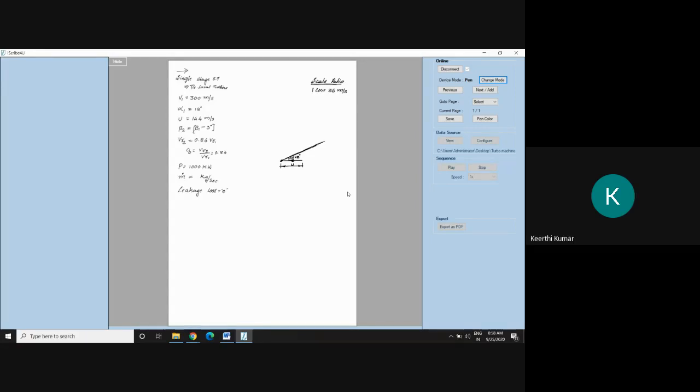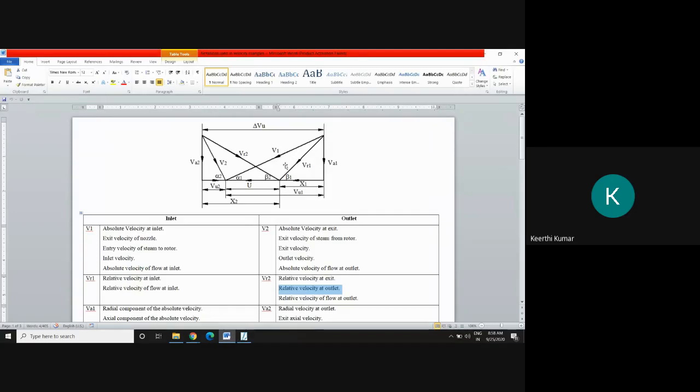What should be the length of the line? Can anyone tell? As per the scale ratio, because V1 is given as 300 meter per second already. As per the scale, how much is it supposed to be? 8.3 centimeters, sir. Yes. Go for the actual scale. Try to draw to the actual scale, the length of the line supposed to be 8.33 centimeter, and end it there. This line is called V1. And the direction of V1 is from right to left. That you can see from the triangle.